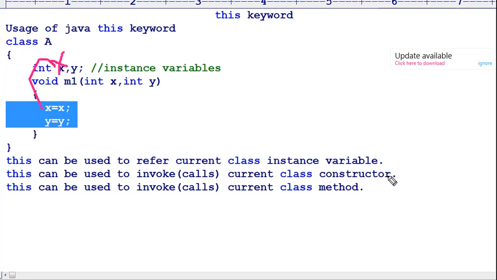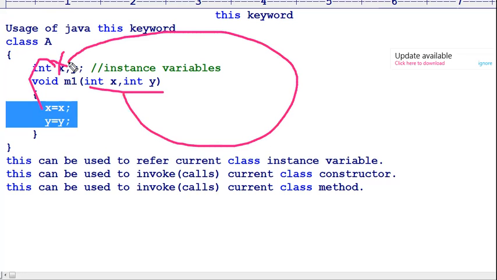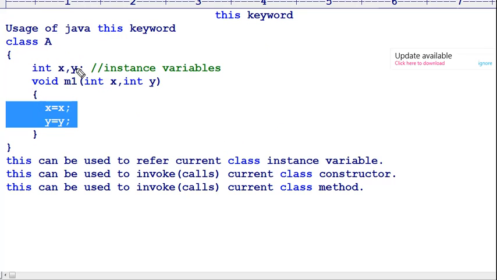So in Java, to assign values to the instance members, irrespective of whether the formal arguments and the instance variables are the same in name or different in name, we use the this keyword. Let me call them a and b.